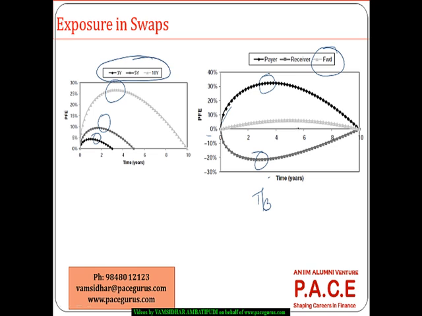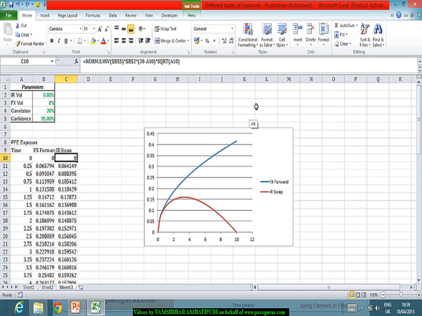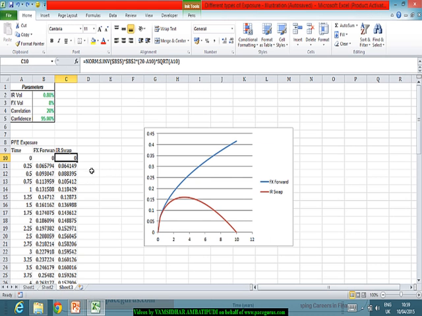And the forward value of the swap is primarily whatever is going to be the value in the future. It looks more or less flatter. Then in some cases I may be required to combine these two profiles. Probably let me think of combining a forex forward with an interest rate swap. What is that going to come out as? Can I call it a currency swap? Because I look at a currency swap as a combination of an interest rate swap and a forex forward. So I may think of combining these two and call it a currency swap,